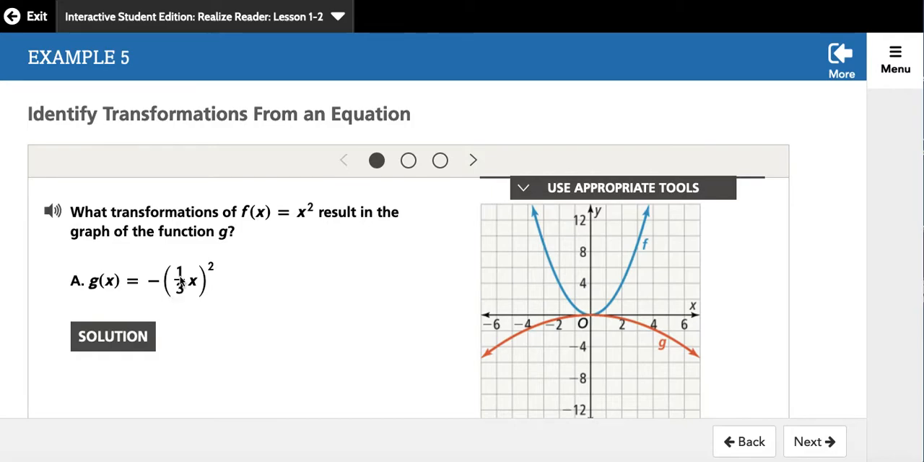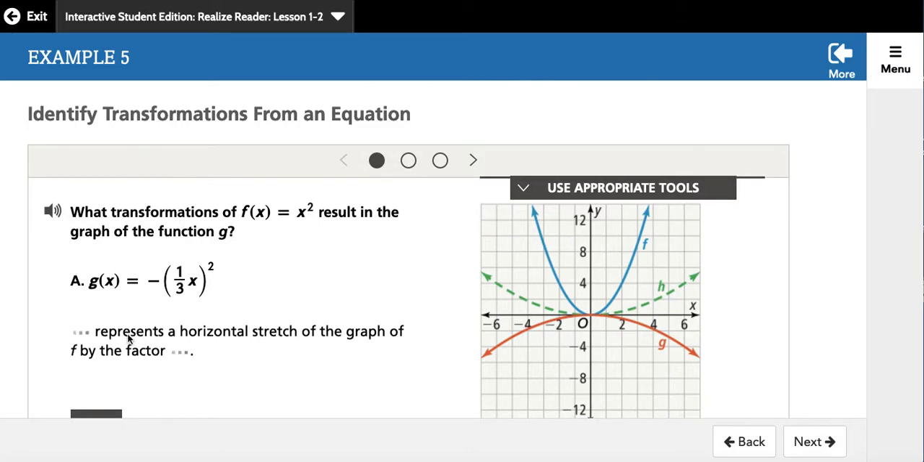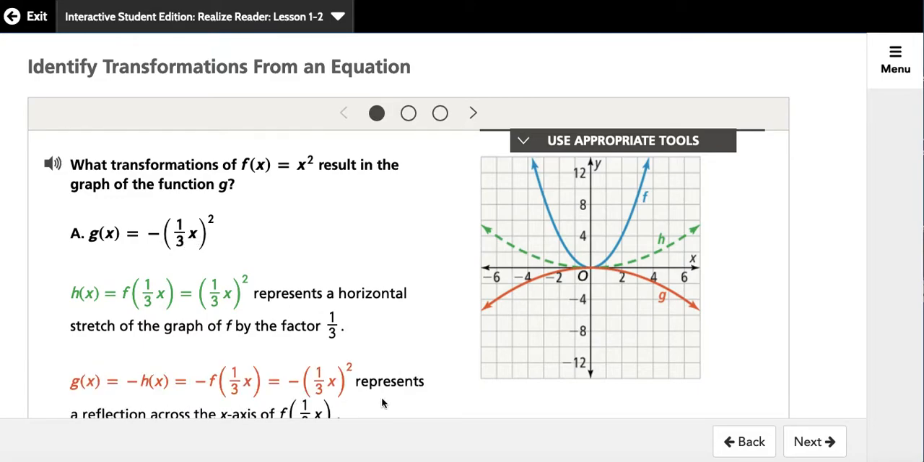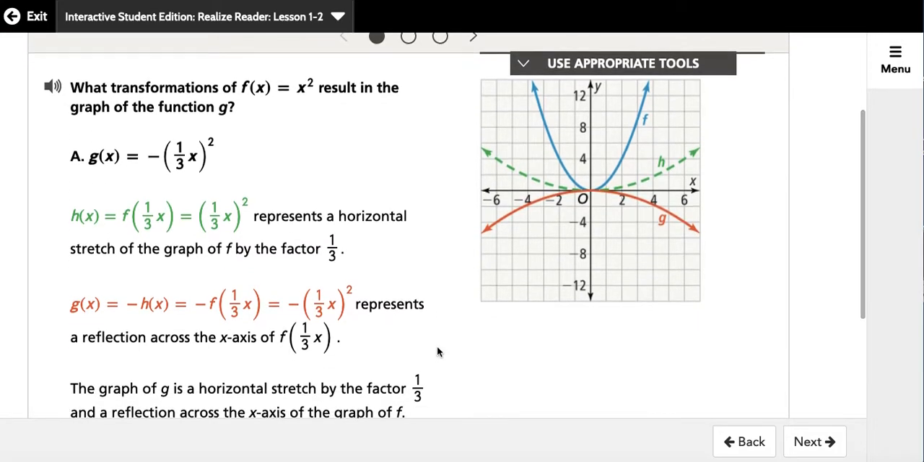There's a negative, and there's a 1/3 as a multiplier of x, and there's a certain order that those two transformations need to happen. First, there is a horizontal stretch by a factor of 1/3, so the blue gets stretched out to the green because you need to do a multiplier of x first. And then we're going to deal with the negative,